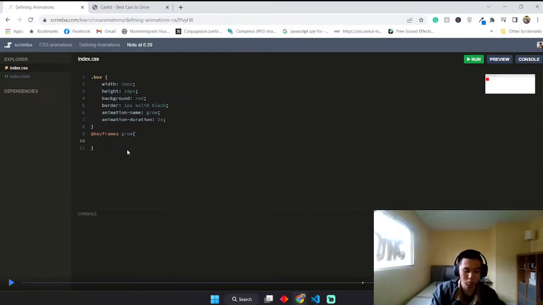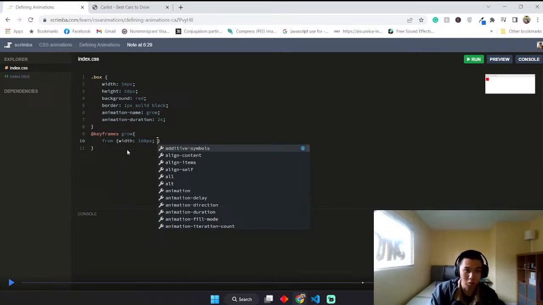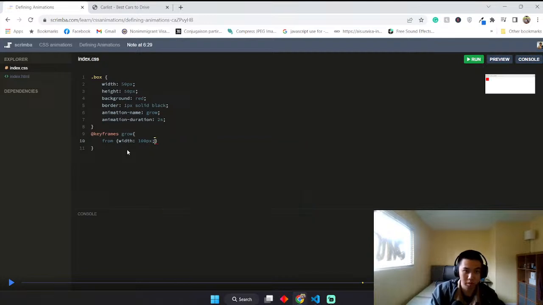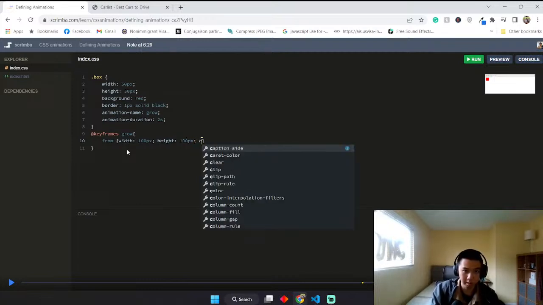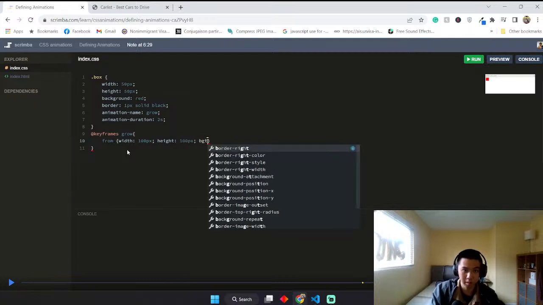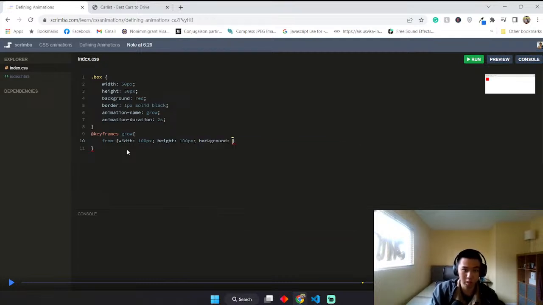Then we do 50%, from width 100 pixel, comma, height 100 pixel, the color green, background green, comma, to this width